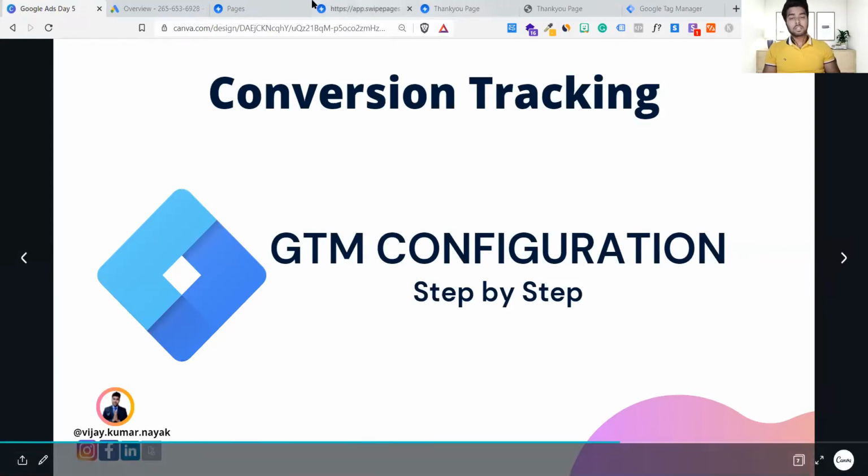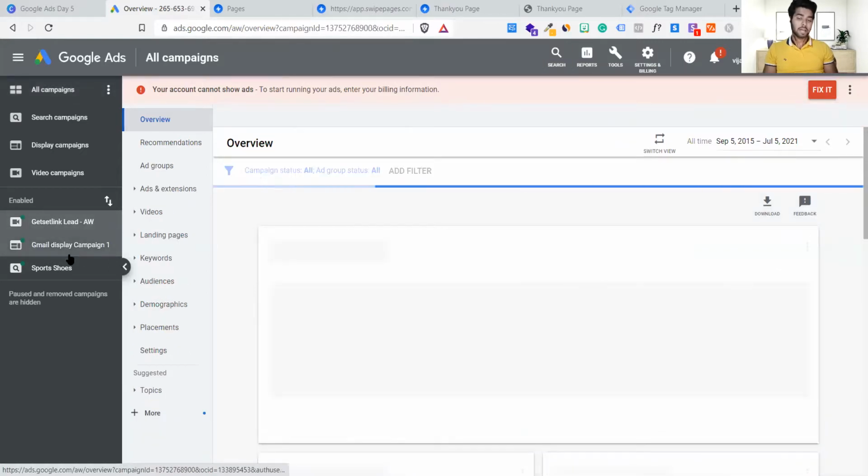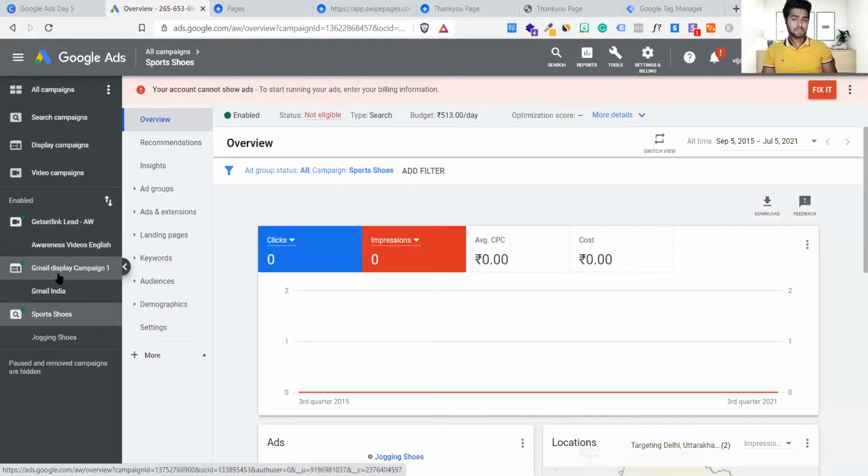After adding all these, just have a look, we have created a lot of campaigns. One is a video campaign, another is a display campaign, and another is a search campaign. They have different icons as well. If you are not able to understand which is search, display or video, you can see the icons. The icon itself says what type of campaign it is. A video icon means a video campaign. This grid means a display campaign, with various campaign types. And the magnifying glass means a search campaign. If you find confusion navigating, use these modes, which are search campaign, display campaign and video campaign, or by default I use this all campaigns feature.